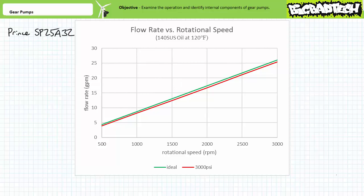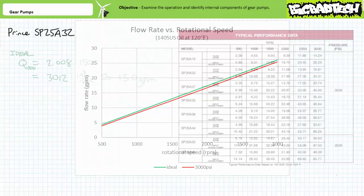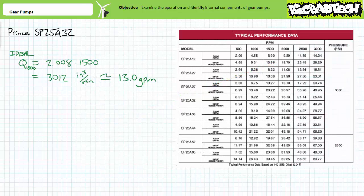When the actual performance data from the table is plotted on the red curve, the pump behaves as expected. At an increased pressure requirement of 3000 psi, flow rate is slightly reduced due to increased leakage. The theoretical versus actual performance data could be used to calculate volumetric efficiency at different rotational speeds and pressure requirements. For example, when a pump with a displacement of exactly 2.008 cubic inches per revolution is driven at exactly 1500 RPM, one would expect it to produce a flow rate of 3012 cubic inches per minute, or approximately 13 gallons